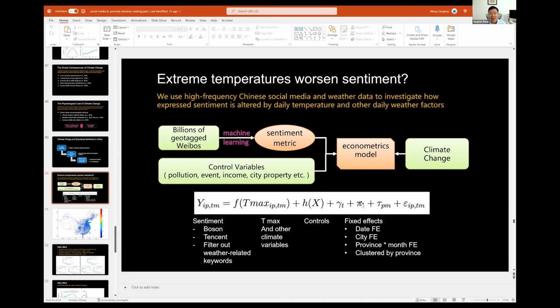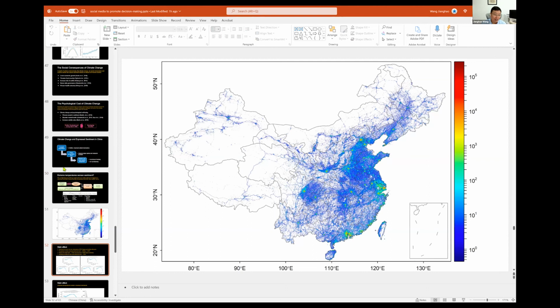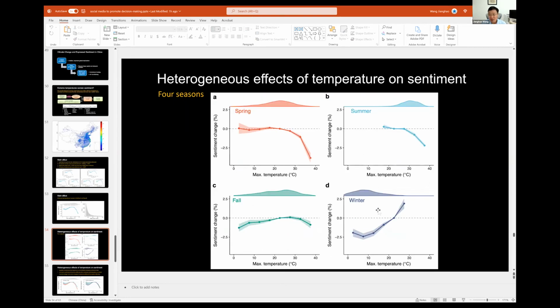First of all, we aggregate our data into city by day. So that's why we use these two fixed effects. We also use the province multiplied by month fixed effect to consider the spatial-temporal autocorrelation issues in our studies. We cluster our errors by province. That's our study. But regarding your question, how we study the individual fixed effect here, as you said, most people